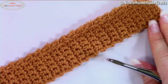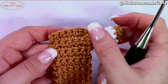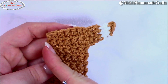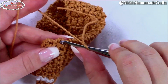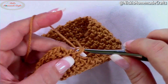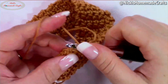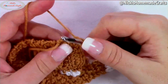And now we're going to add the arms and the legs. You're going to add 2 arms right here on the side. I already added 1 arm so you can see how it looks like. Now we're going to add the other arm on the other side. So we're going to have 3 stitches per row. So simply add your slip stitch and make a chain, or just add it right in as a single crochet. You're going to have 3 single crochets per row, and now you're going to turn